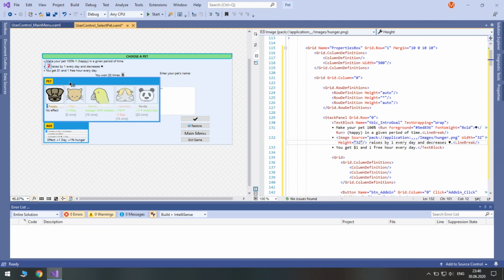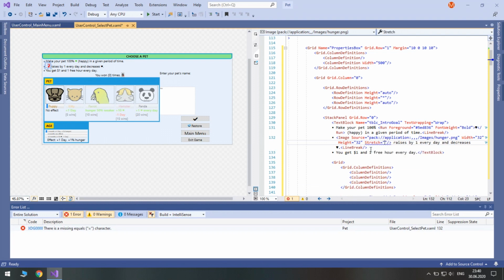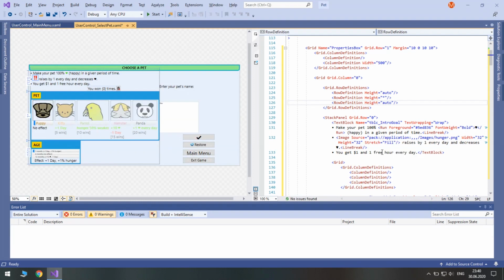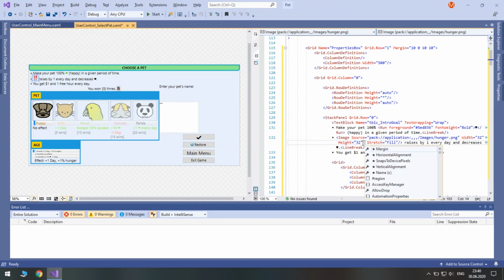And let's change its stretch property to fill. It's a bit ugly, and we need to change the bitmap scaling mode for it to render correctly, at least in runtime.